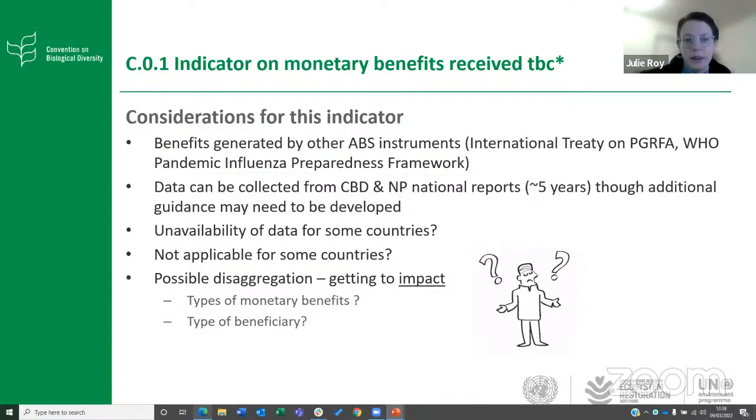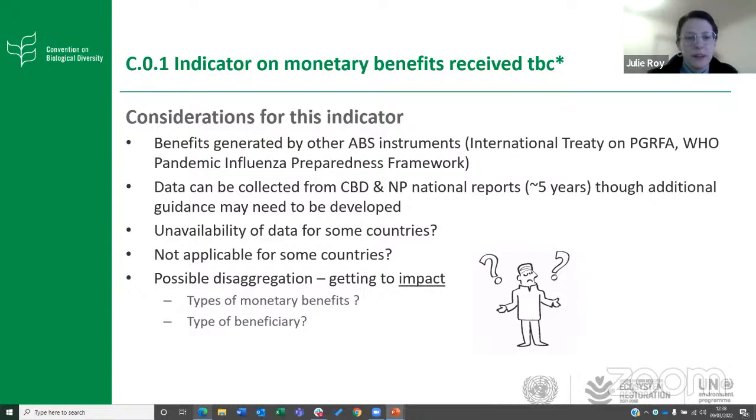And another response that we saw from the international courts was not applicable. So this could be countries, for example, who do not require prior informed consent for access to genetic resources. So these countries, in a way, have waived their rights over benefits that could be generated from the use of their resources. And that's also another way they've decided to implement ABS. So for these countries, simply, they could report 0 benefits as they are still implementing ABS and contributing to Goal C overall, for example, by having compliance mechanisms in place.